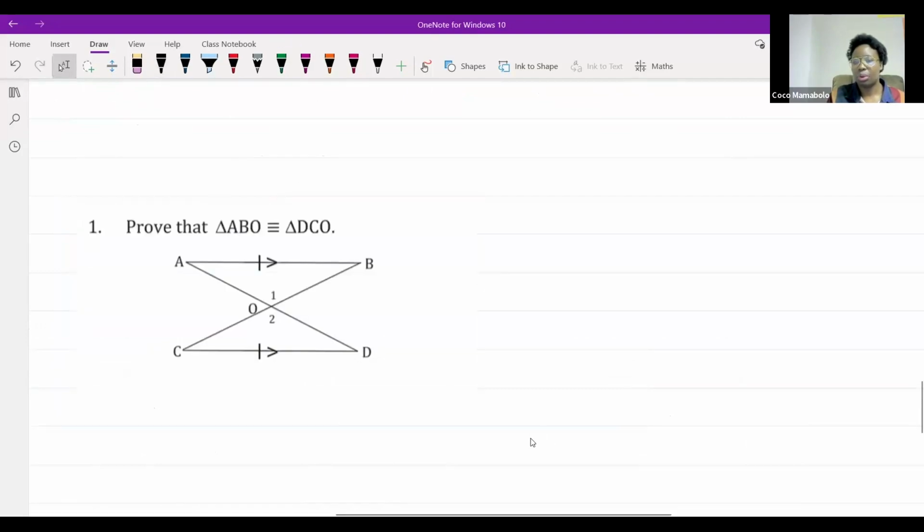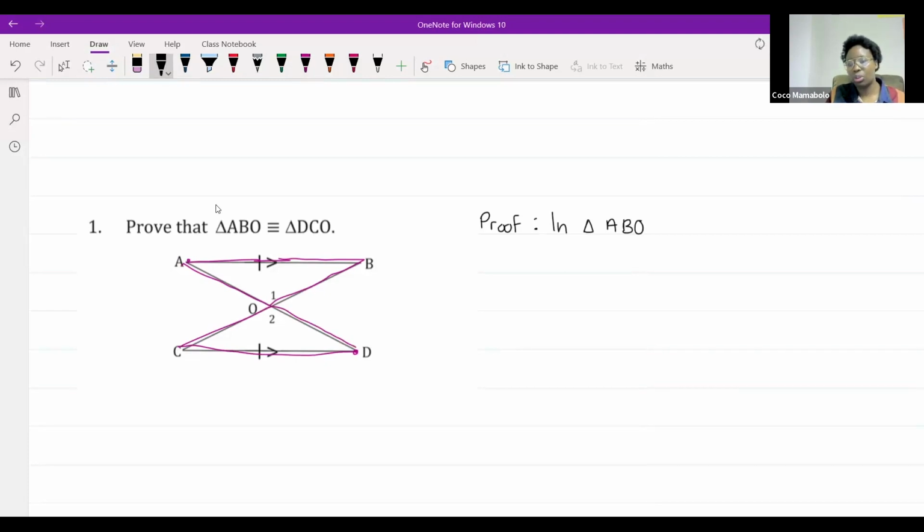Okay. So they want us to prove that triangle ABO is congruent to triangle DCO. So when I start, I'm going to start by saying proof. Now, let's make sure that they've mapped out their triangles properly. We're going to go in triangle ABO. Let's see how they've gone. They've started at A, and look how they've gone past the side and they've gone past the line and the arrow to B, and then down the middle, and then that way. So in the next triangle, we also need to start there, and we need to move past the line and the arrow, and then to the middle, and then down. So in triangle ABO and